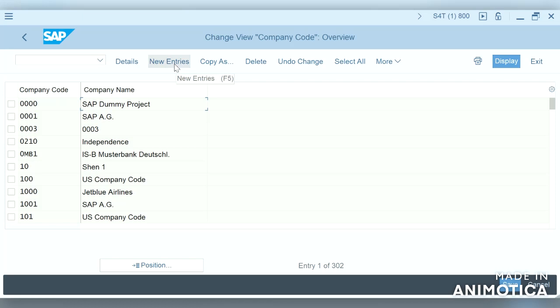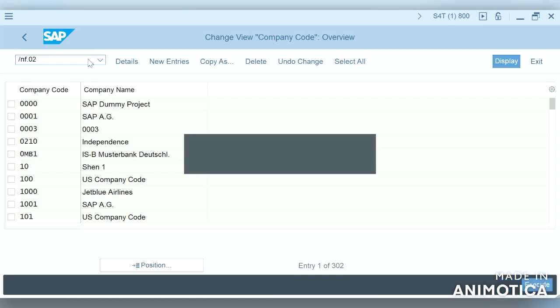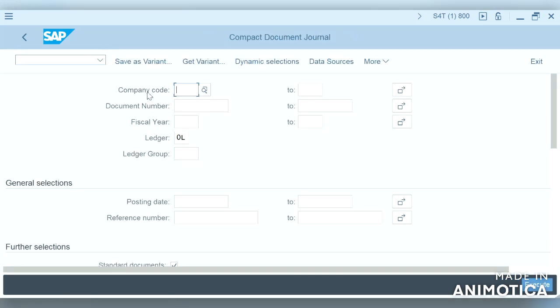Now moving on to where we use it. While posting business transactions, it is very important to provide the company code in any transaction. For example F.02: we can see in each and every transaction code there will be a company code.